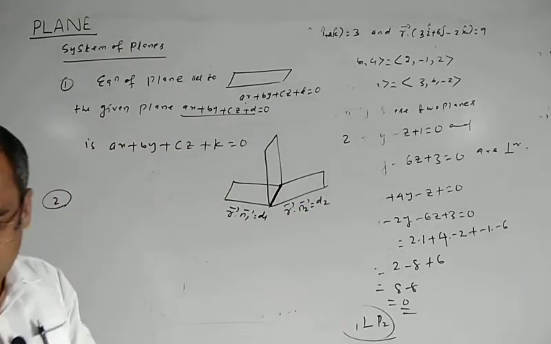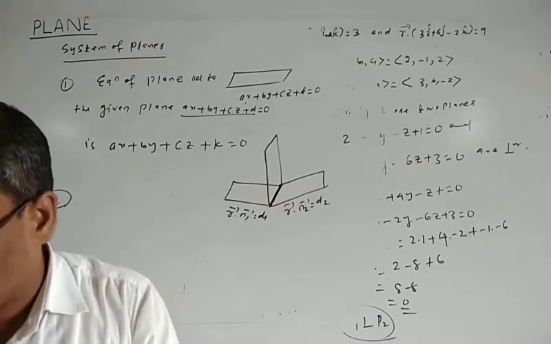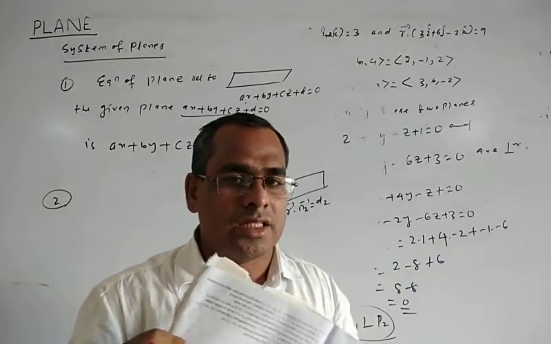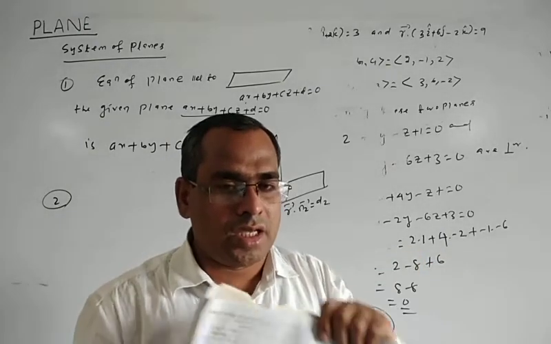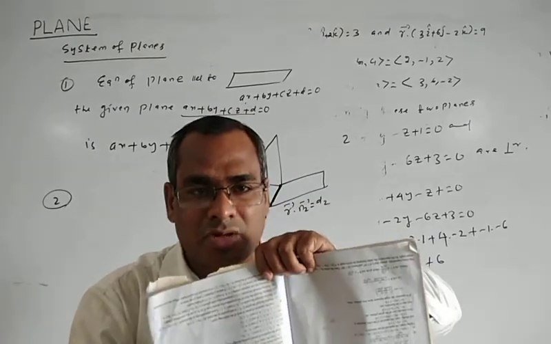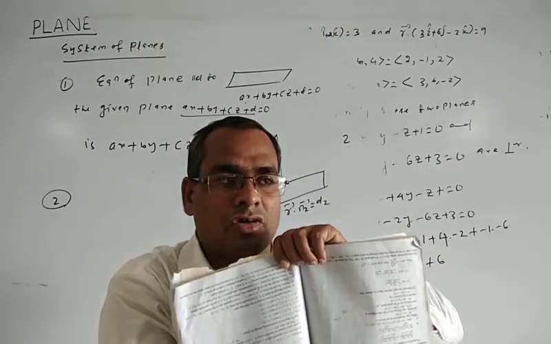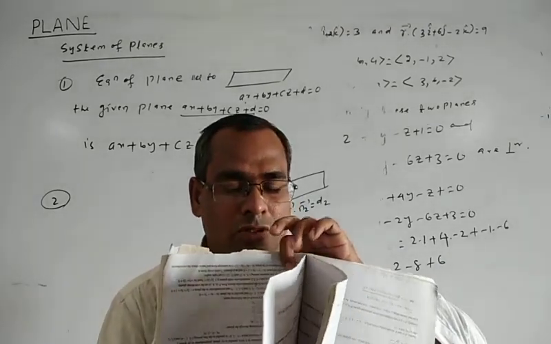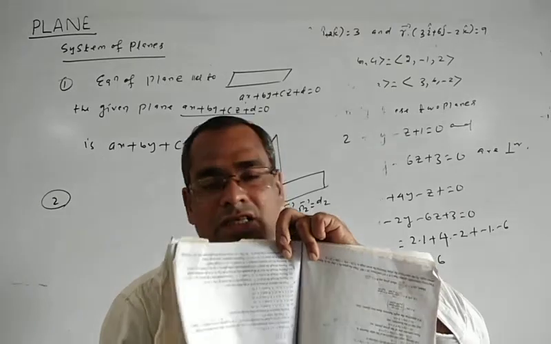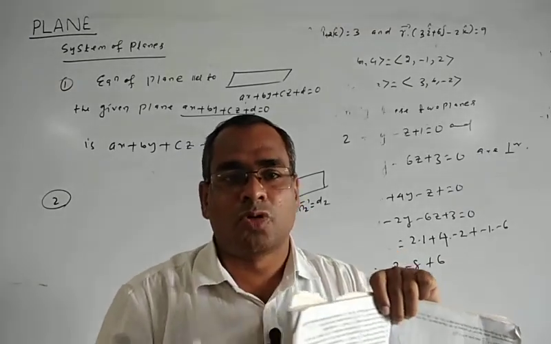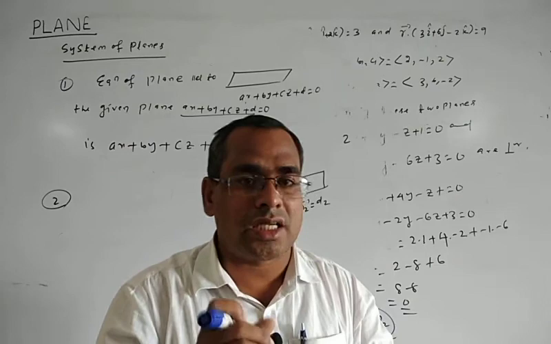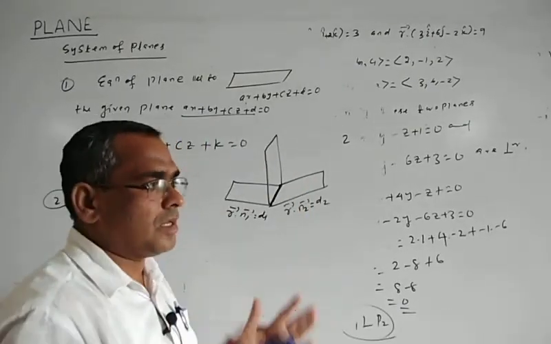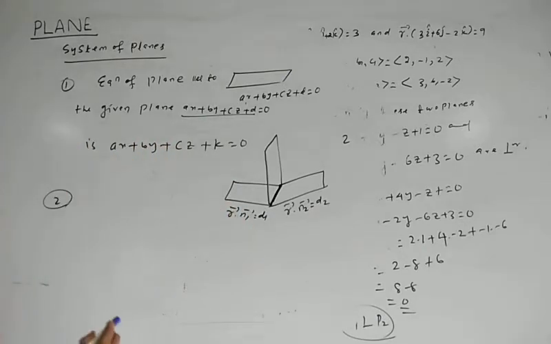If two planes intersect... Suppose this is a plane, meaning each page is a plane, and this is another page, this is also a plane. If two planes intersect, a straight line is formed. That line is contained in many planes, all these pages are included in this line. That means these are all planes. So the intersection of two planes contains many planes, and these planes are known as a system of planes.